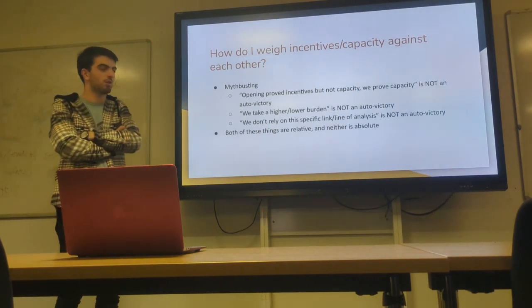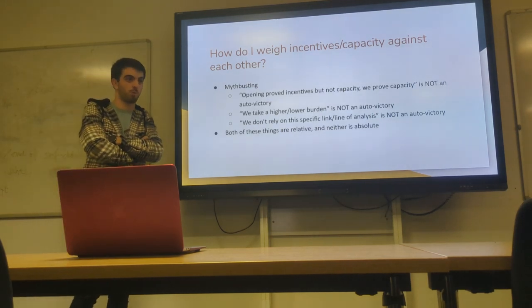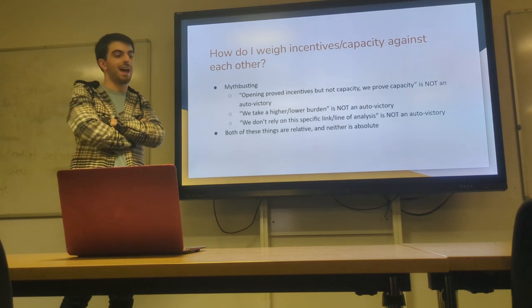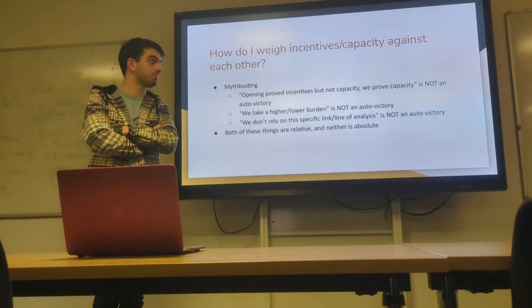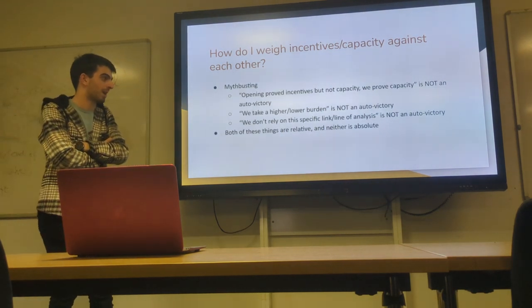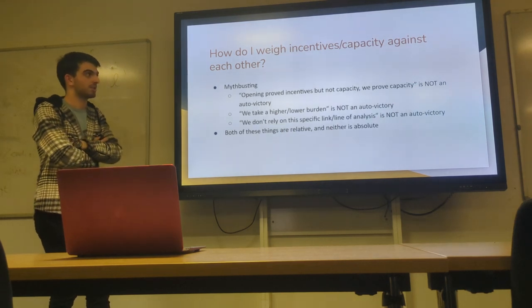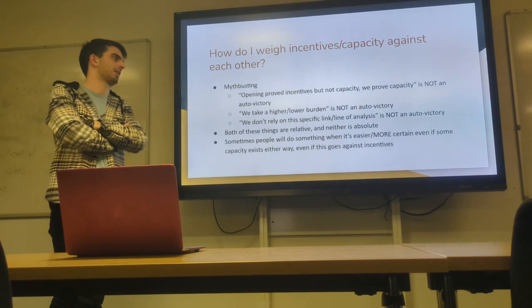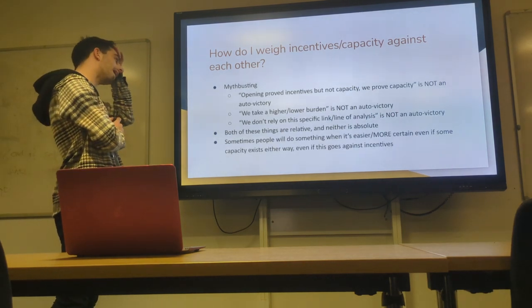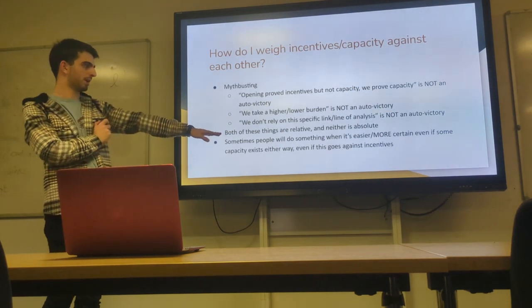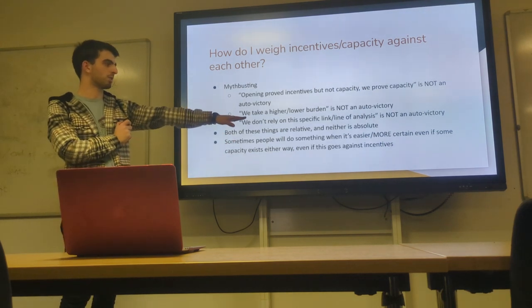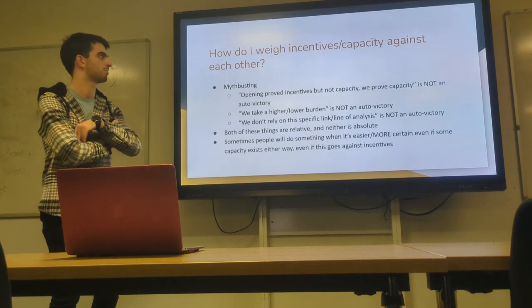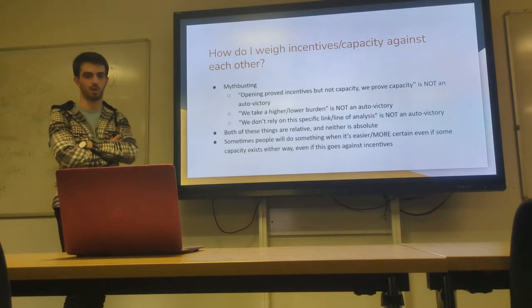There is stock that you can do, but largely it just depends on the extent to which they're both proven and the extent to which you've been able to task out of them. And if you can argue that you've proven your thing better, then that often is just going to be what actually matters. Because none of these things is ever absolute. You never have absolute capacity or absolute percentage towards one thing. It'd be very, very rare. And so similarly, people will sometimes do a thing because it's easier, or because it's more certain, even if there is less incentive. That's what I was saying before in response to the questions as well.